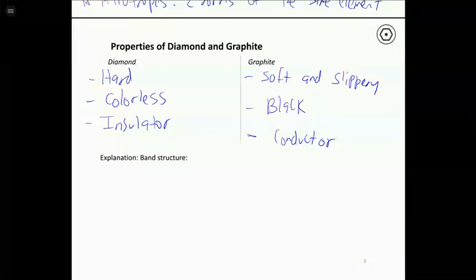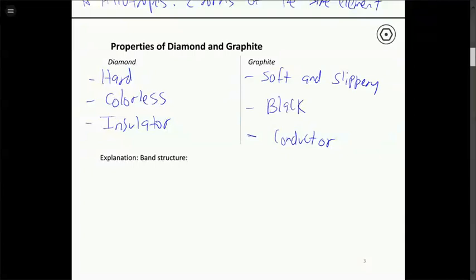So in that case, what you get are sort of bands of orbitals, which are a bunch of bonding orbitals that are really close together that form almost a continuous band, and then a bunch of anti-bonding orbitals that are higher in energy and also form more or less a continuous band because the orbitals are so close in space because there's so many of them. So if you have an insulator like diamond, and most nonmetals are insulators, graphite's sort of a rare example of a nonmetal that's a conductor. Most of our conductors that we have are metals.